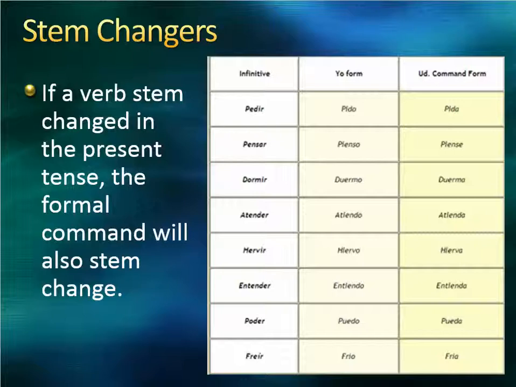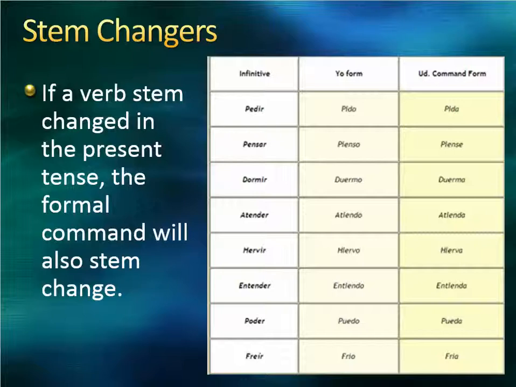These particular verbs do actually follow the rules for what you put on the end. You know, if it used to be an E that you would have put on the end because it's an ER verb or an IR verb, you now put an A. If it used to be an A that you would put on, you now put an E. So that part is the same as what I taught you in the beginning of the video. You just have to remember that the stem change also goes.